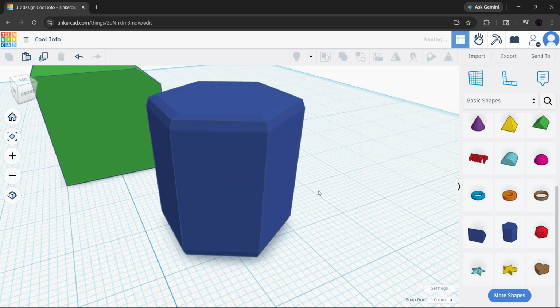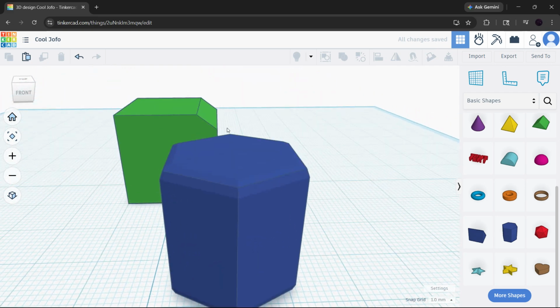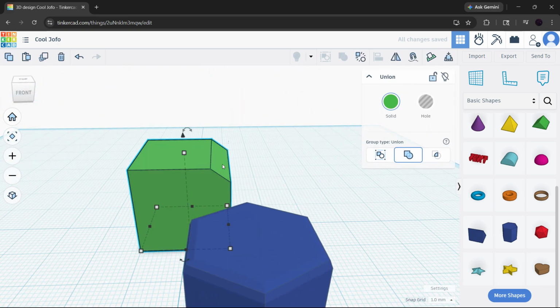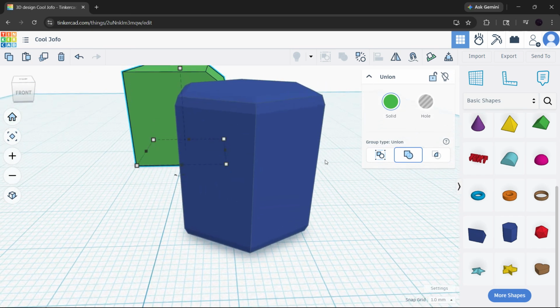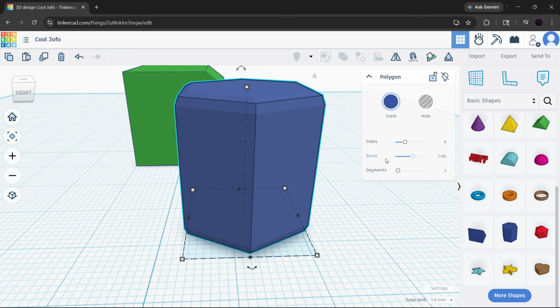So, to quickly recap, if you want full control and a custom chamfer on a specific edge, use the wedge subtraction method. If you want a fast bevel on supported objects, use the bevel slider in the inspector. Both methods are easy once you know where to click, and both can make your Tinkercad projects look much more